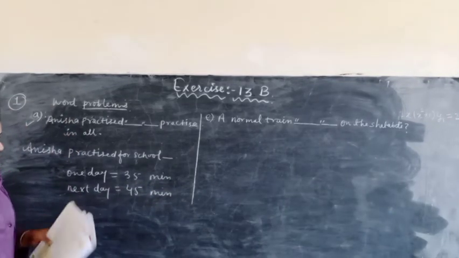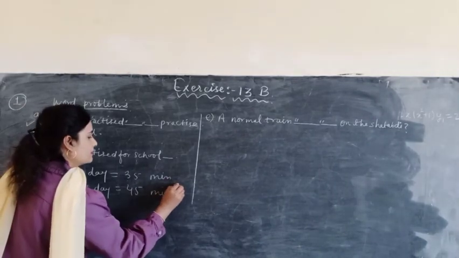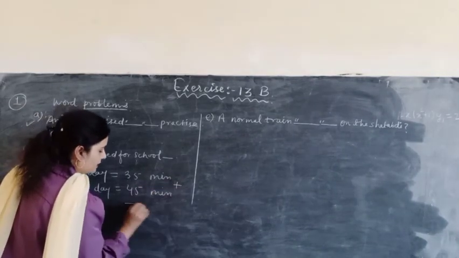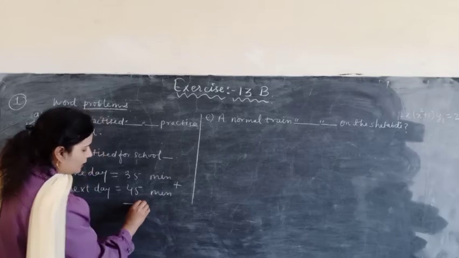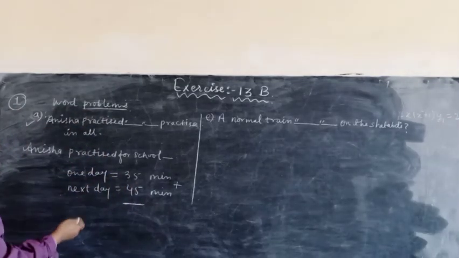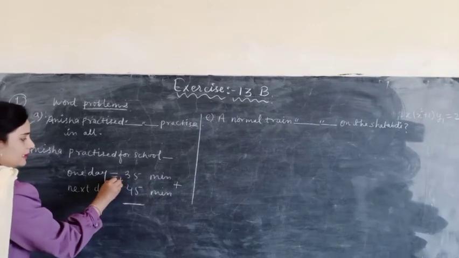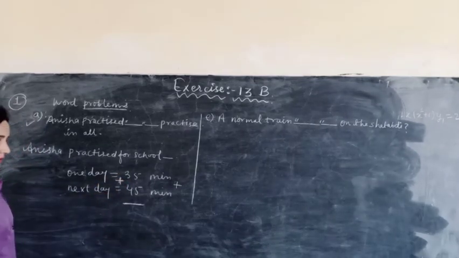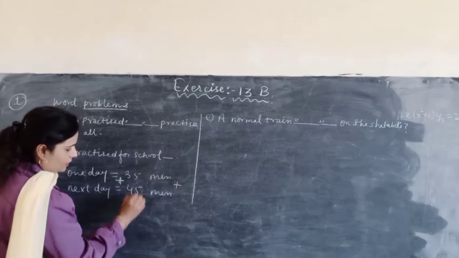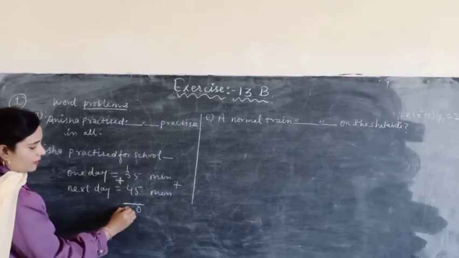So how long did she practice? How long? जब हमें ये बात पूछा जा रहा है कि कितने टाइम तक इसने कितनी टोटल प्रैक्टिस करी, हाउ लॉन्ग इसने मतलब उसने कितना टाइम दिया फर्स्ट एंड सेकंड डे, तो हम वहाँ क्या करेंगे, वी विल ऐड द मिनट्स. Okay, 5 plus 5 is 10, 0 carry 1, 3 plus 1 is 4, 4 plus 4 is 8.